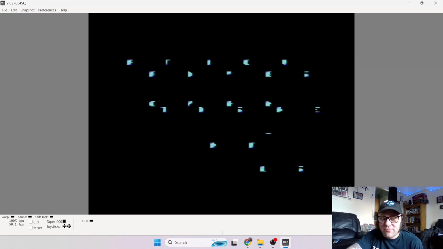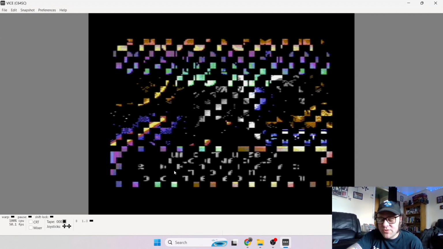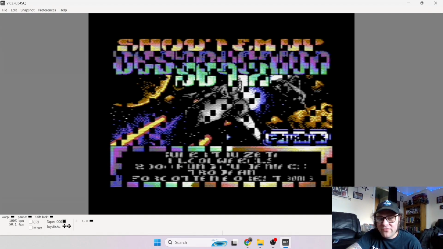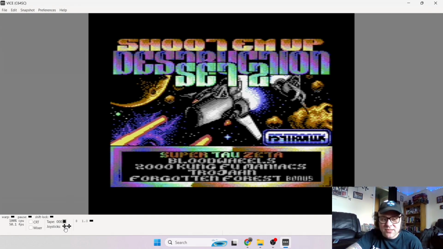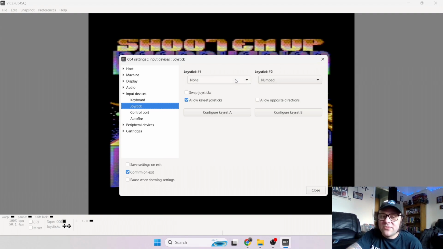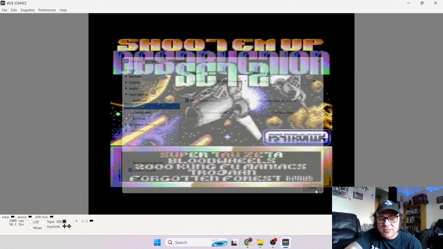So I'm also going to show you how to set up your controller, joystick or USB controller, whatever, in this. If we just go down to joysticks here, just left click on that. And if we go to configure joystick, if you go to joystick 1 and select your controller, in my case I'm using a PS3 controller as always, it's actually listed as the Xbox 360 controller. Select this one, close,